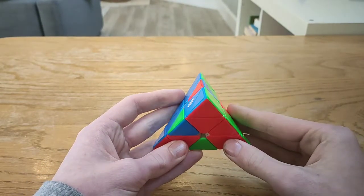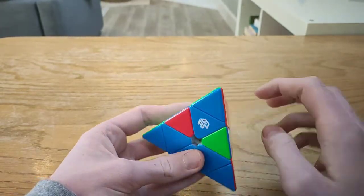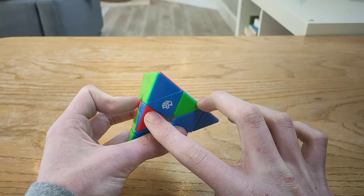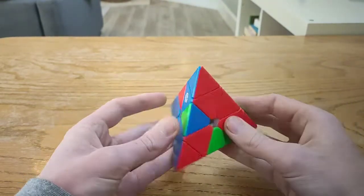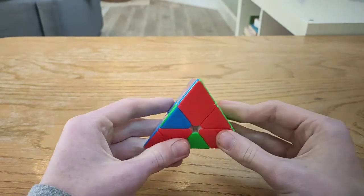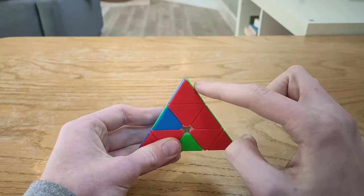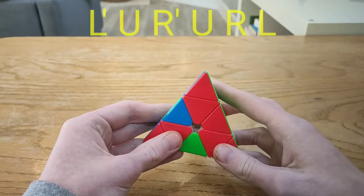And in this first case, on the top, you have one piece fully correct, and two pieces that have no matching colors to the center. And you hold your correct piece on the bottom to your left, and your correct piece on your top to your right. And the algorithm is